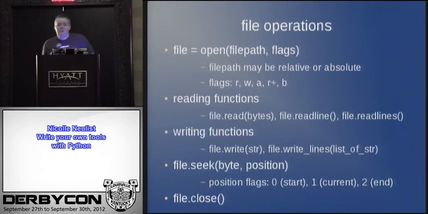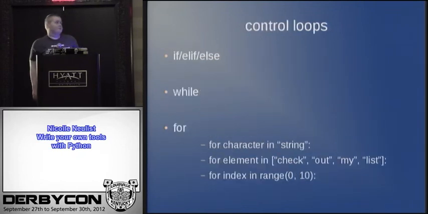I was talking about that file pointer before. Let's say you open a file, but you don't want to start reading it at the first byte. You want to start reading at the 128th byte. You use file seek. You can move it around, or you can move your pointer back to the start or back to the end. And then file.close is pretty self-explanatory. You don't need to do it technically, as your file will automatically close at the end, but just for the sake of good practice, just to make sure I'm not being a total memory hog, I do generally put file close in my scripts.